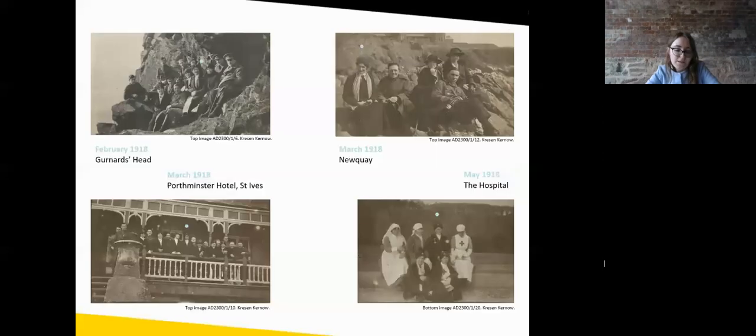Okay. So the next period of Lucy's life, which we know a bit more about, is when she was a VAD. In October 1917, when Lucy started volunteering at the Redruth Officers' Auxiliary Hospital, the First World War was entering its fourth year, with no end in sight, and this was a war that people had been told would be over by Christmas. Over this period, the local newspapers are full of stories of people queuing for food, conscription and tribunal decisions, and some news from the front with a local angle, soldiers who were